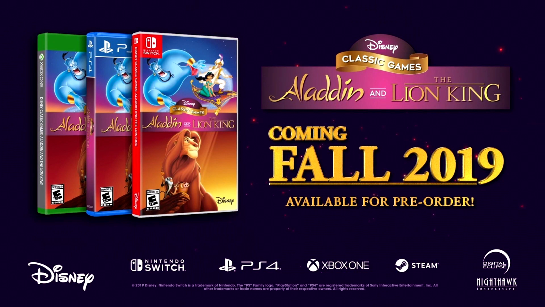So what this is, it's the original Aladdin for the Super Nintendo, Sega Genesis, and then the Game Gear and Game Boy ports, and they're doing the same thing for Lion King. So every version of the Lion King game and every version of the Aladdin game is going to be included in this collection together. So you're getting a bunch of great games together in this collection for,